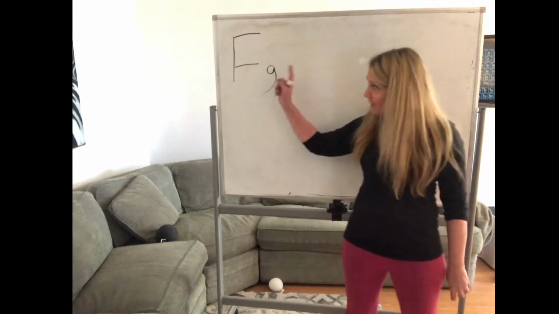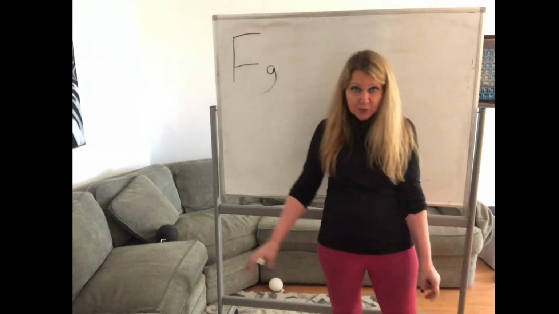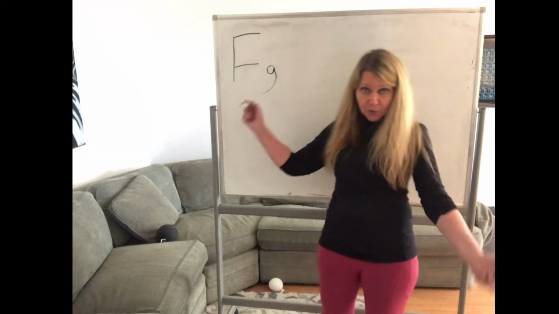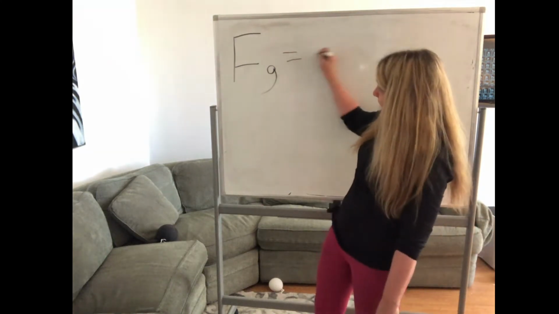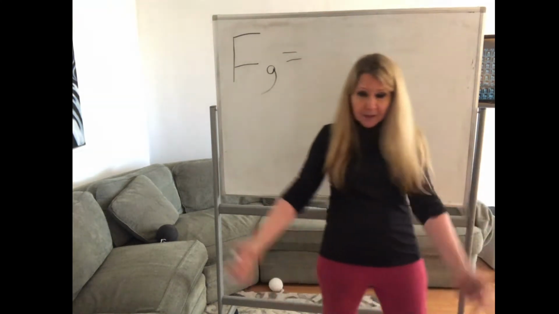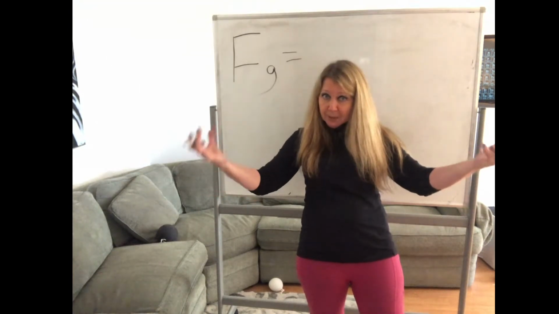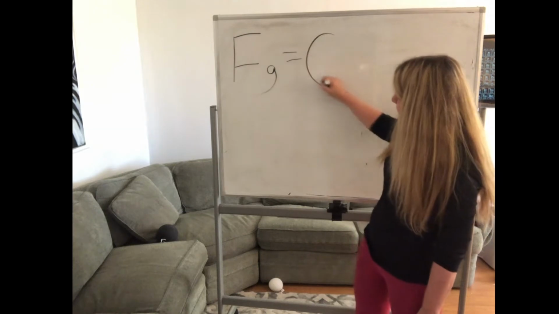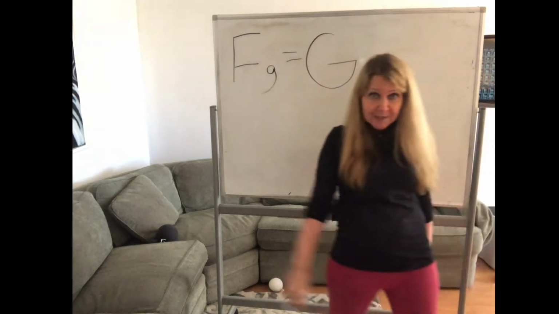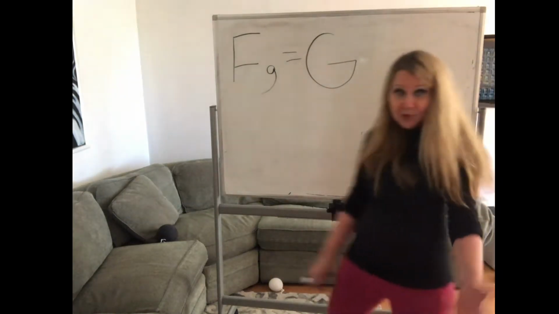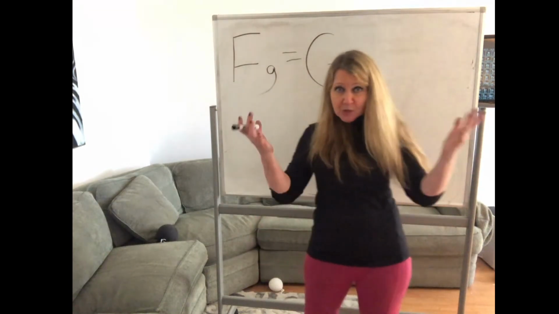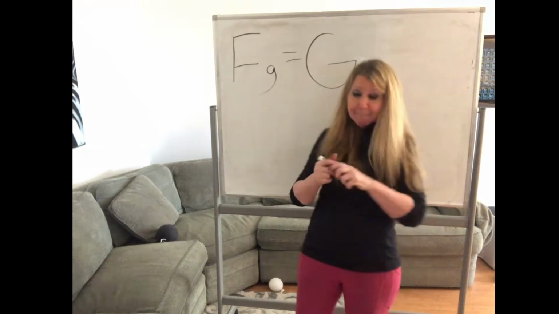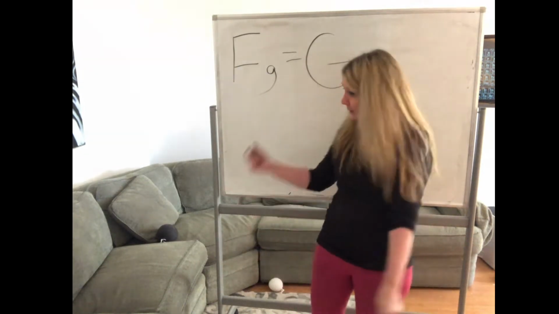So to figure out the actual force of gravity between two objects, we have to use what's called a gravitational constant. So the gravitational constant is indicated by the letter big G for gravity. So big G is a constant. Big G is a constant. That means it doesn't change. In the entire universe, big G stays the same. And the number is